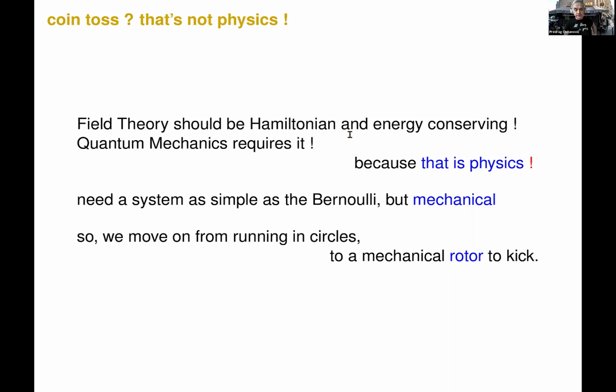That's what physics is. So I'll do it a second time, and I'll do it not by this silly Bernoulli map, which is some kind of child's game. I'll do it for a real problem done in Novosibirsk, for example, a mechanical problem. And the way we do this, we don't look at this Bernoulli map, which is really partition of a circle because it has this periodic invariance. We look at mechanical rotors.